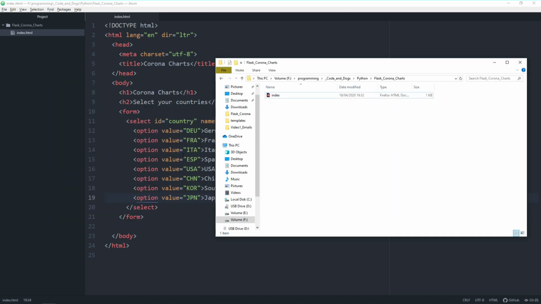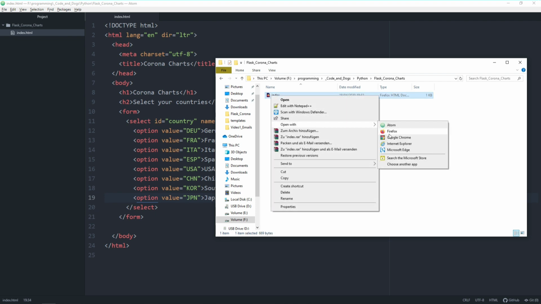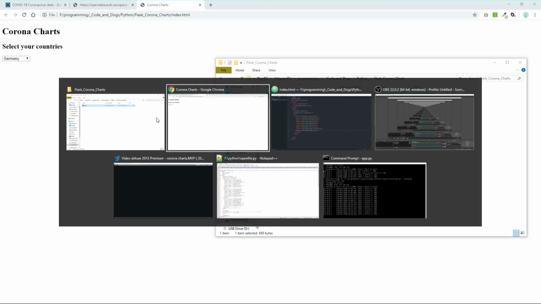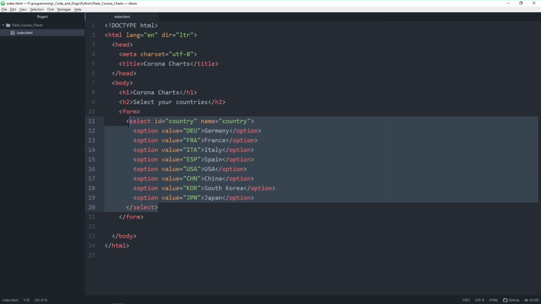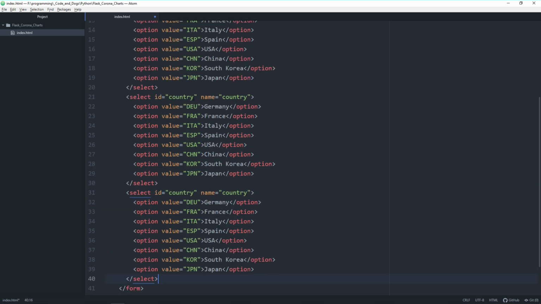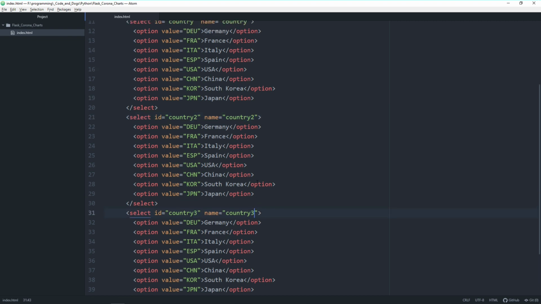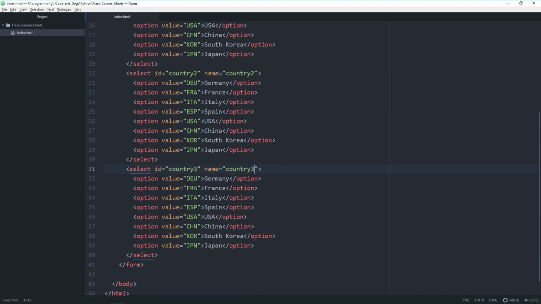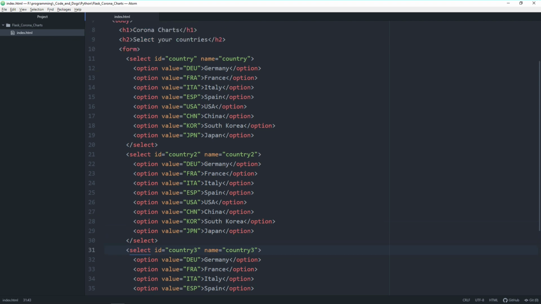Now let's have a look in the browser and open this file with Chrome. And you'll see our first select field is available. Let's copy it over to create two more. And let me give this the ID of country 2, name country 2, country 3, and country 3. And as mentioned, feel free to list further countries or even create more selectors here to visualize more countries